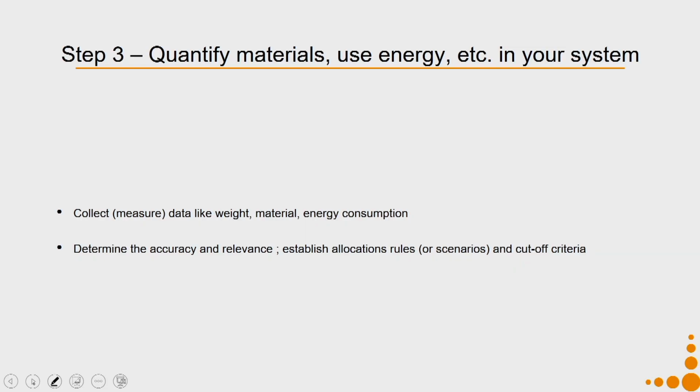But now that is not true, because most factories make more than one type of product. So, in that particular context, you have to determine: if I consume 100 units of energy, if I consume 100 units of water for operating my operations and I have 5 different products, how will I allocate the energy and other such resource consumption onto each of those products that I am producing? So, that is meant by the allocation rules or scenarios. And then the cutoff criteria.